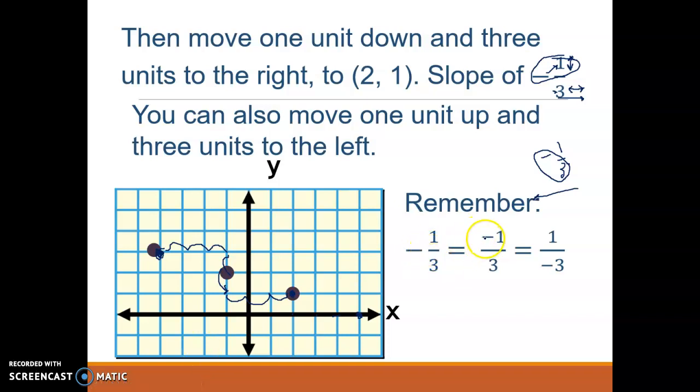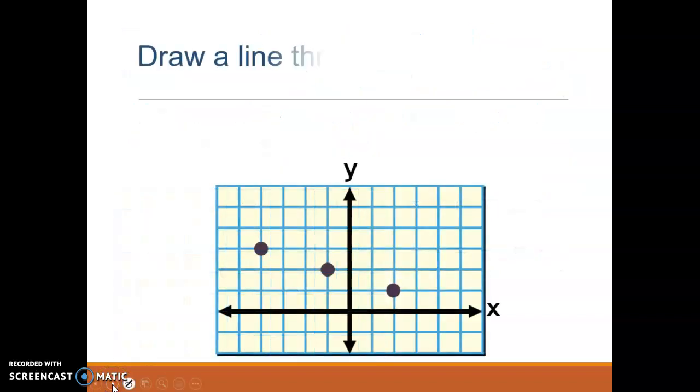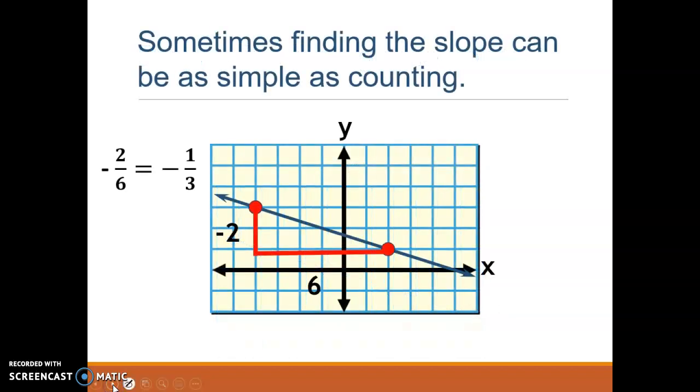Remember, negative 1/3 can either be negative 1 over 3 or 1 over negative 3. So you'll attach that negative sign to just one of those numbers, either the top or the bottom, either the rise or the run, but not both. We then draw a line through the points to see, yes, that is a linear equation. Sometimes finding the slope can be as simple as counting. If we have